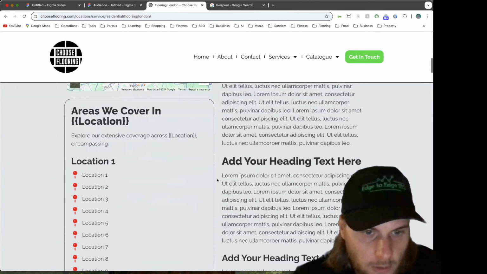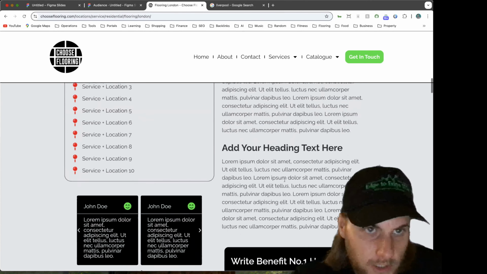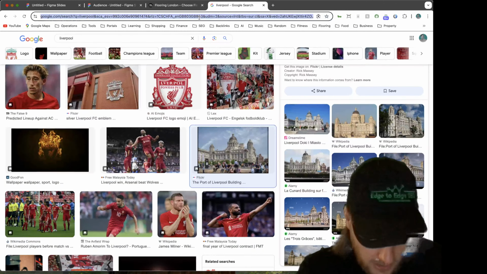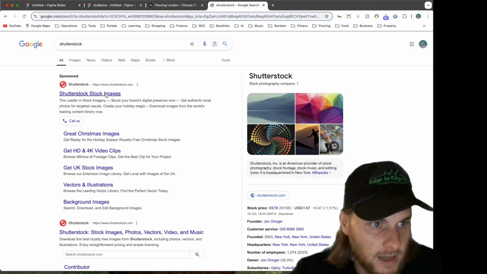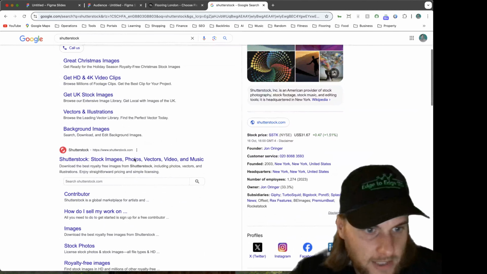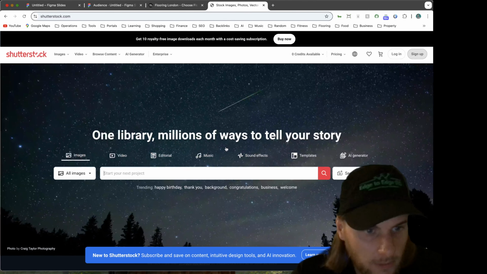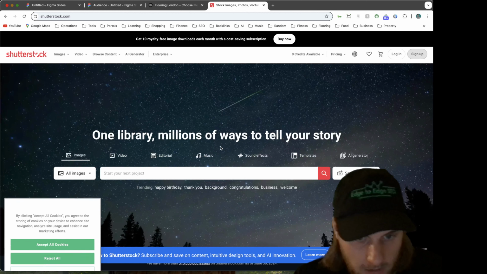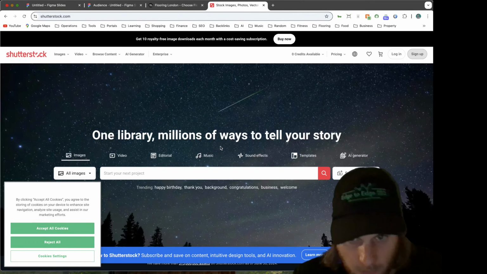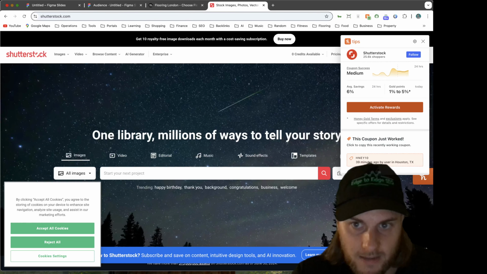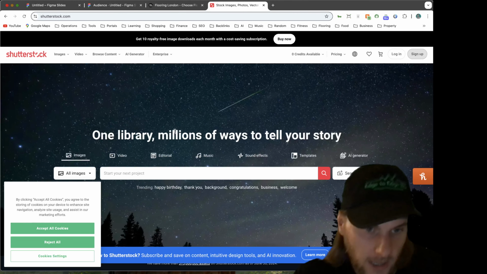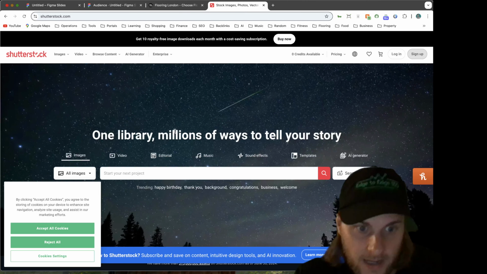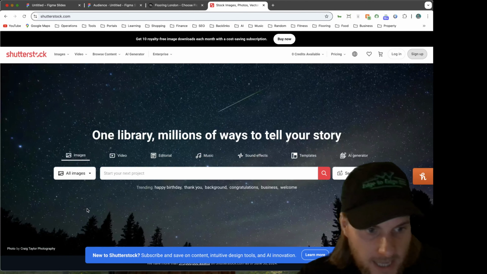And then also unique images. A lot of people will just go on to places like Shutterstock. So this is obviously a paid one, but there's millions of images on websites like this. But the problem with these images is there are so many people using them, and the amount of times I've been onto different flooring websites and I've seen the same flooring image again and again and again, it's just unnecessary these days.